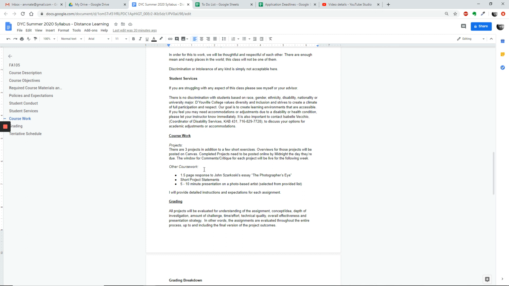So there's 3 projects. I'll tell you a little bit about them right now. The first project is a photo walk. This is basically to help you learn how to use the camera and to start the process of looking at stuff differently. So that's project 1, it's a photo walk. The second project is abstract every day. So we're going to be looking